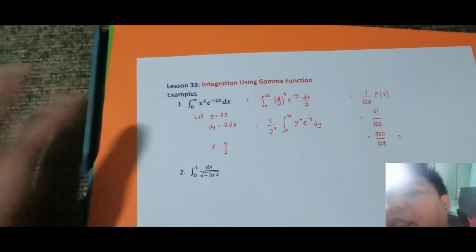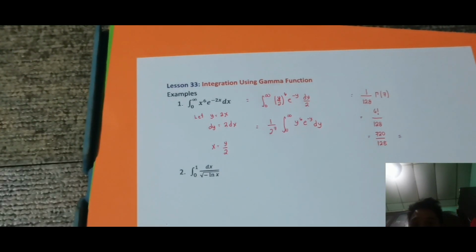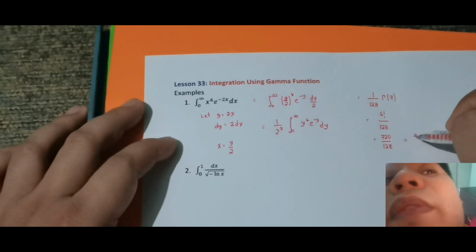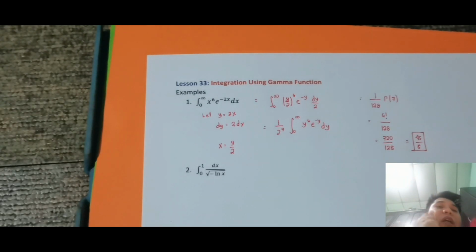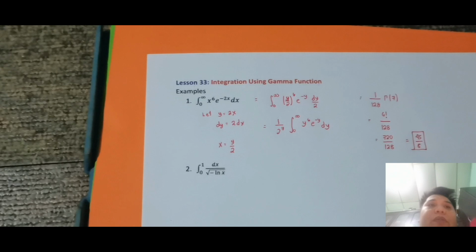Or, when we simplify, what is it? 720 over 128 is 45 over 8. So therefore, the integral is just 45 over 8 through the use of the gamma function. So that's how easy it is. Now, for the next twist: